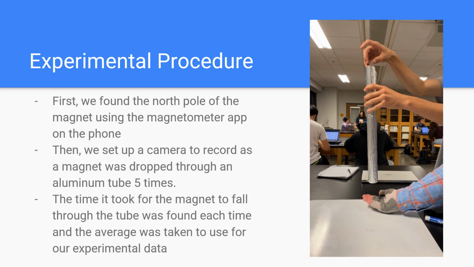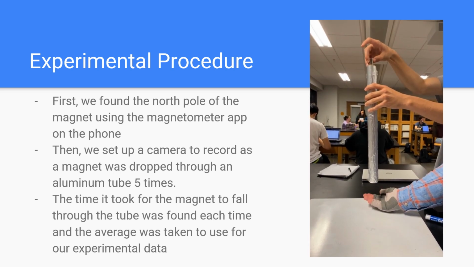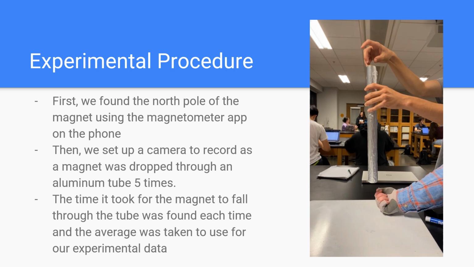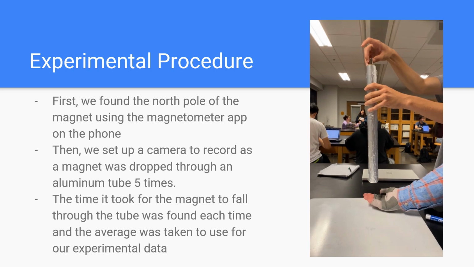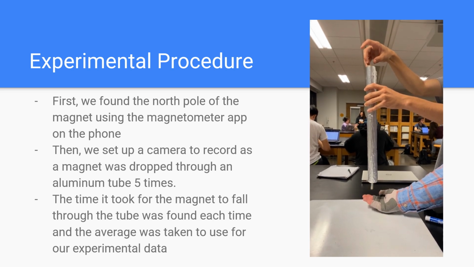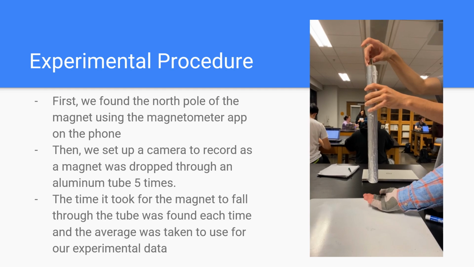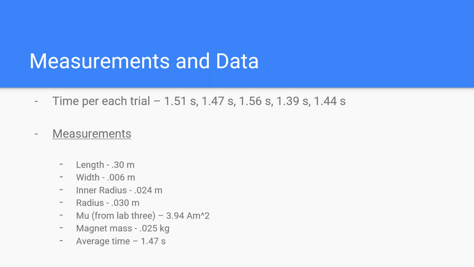The experimental procedure itself. First, I found the north pole of the magnet using the magnetometer app on the phone. And then we set a camera to record as the magnet was dropped through the aluminum tube 5 times. And then the time it took for the magnet to fall through the tube was found each time and averaged out. As you could see, the average of those 5 times ended up being